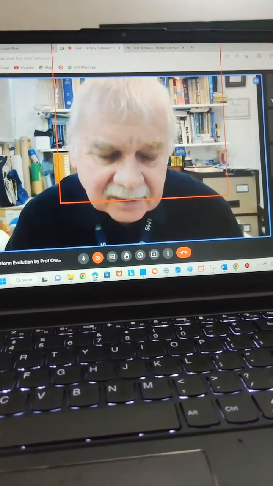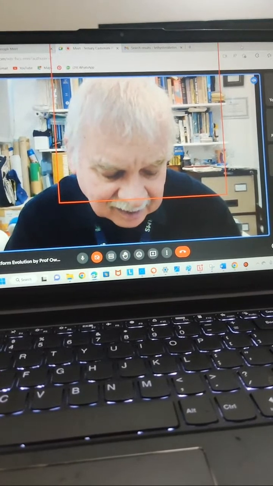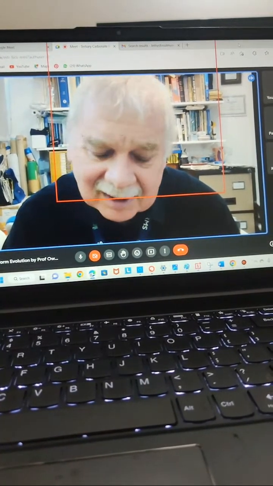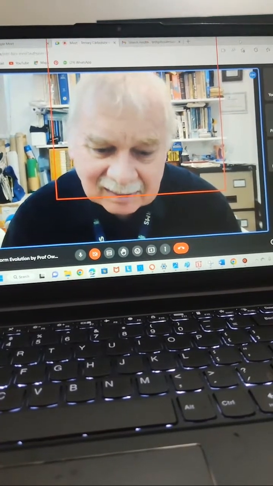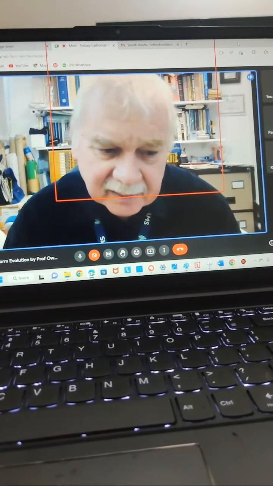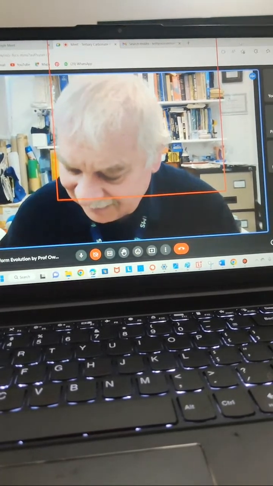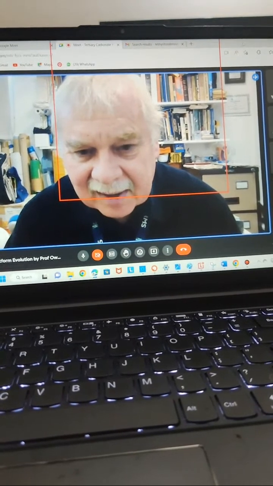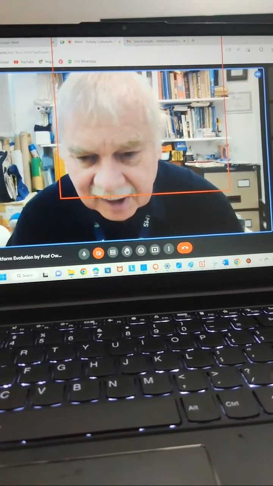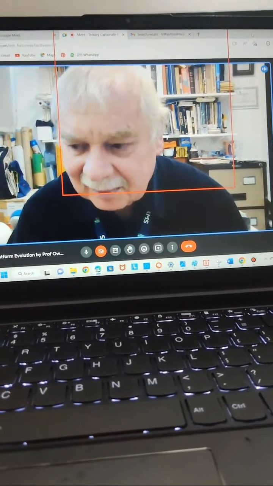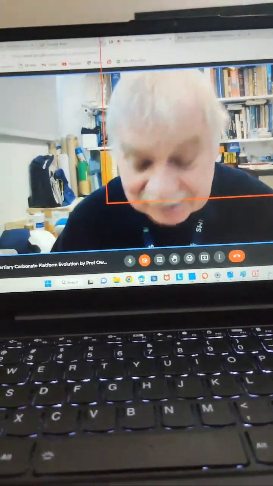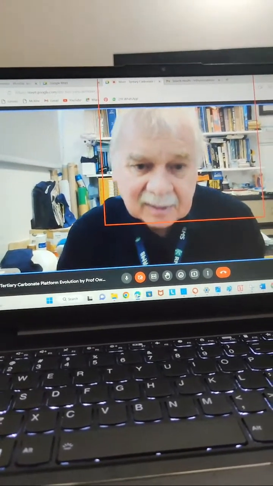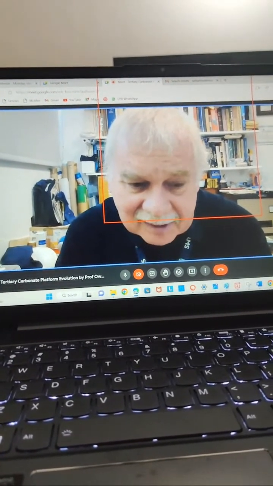And it's really difficult to work out what was happening, and what's an overprint of an overprint of an overprint of the history that these areas have gone through. As I say, you're looking at a part of the fossil record which is the most difficult part to work out and study. So it's not nice and